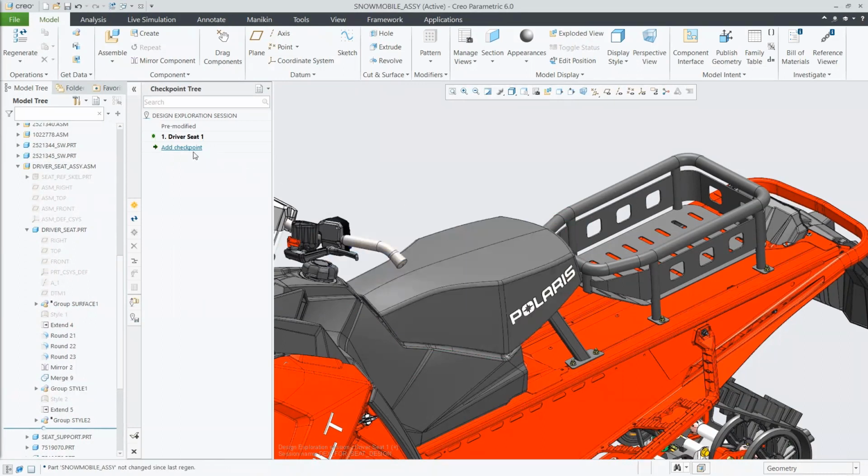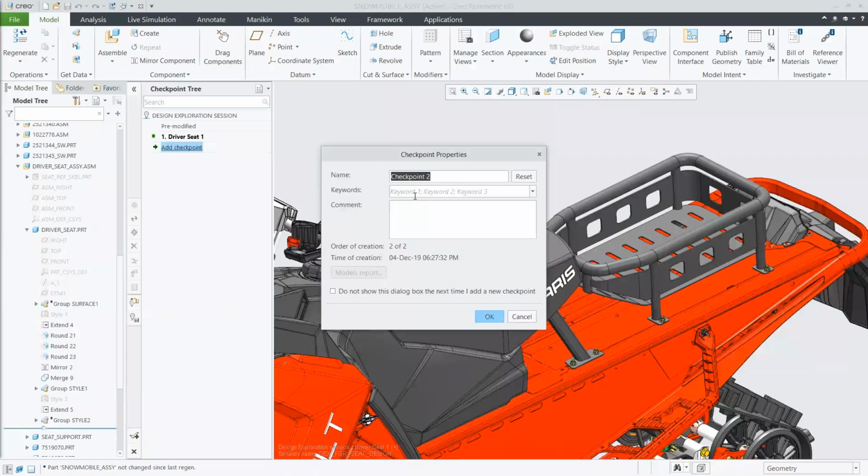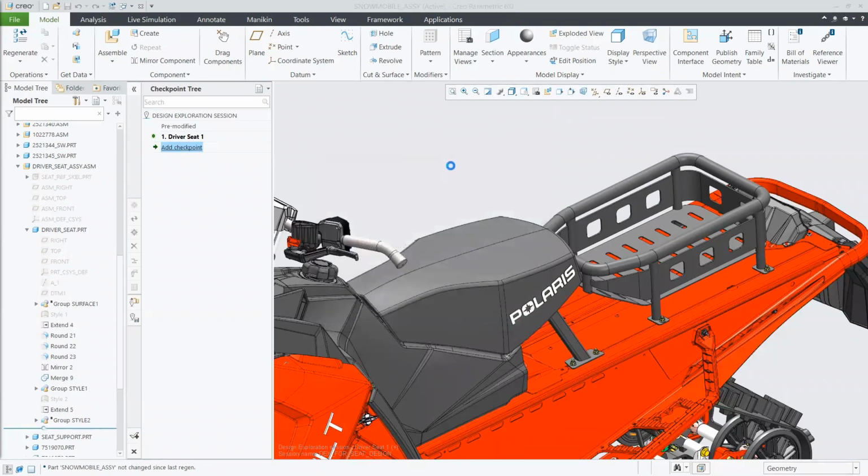All we do is build out these checkpoints within this one streamlined session, which allows me to see the full history of the design. At this point, since it's a good stopping point, we'll make a checkpoint for our driver's seat 2 and keep moving on from there. Now we can keep trying things out. There's really no limit to the amount of changes or different iterations or branches that you can go through